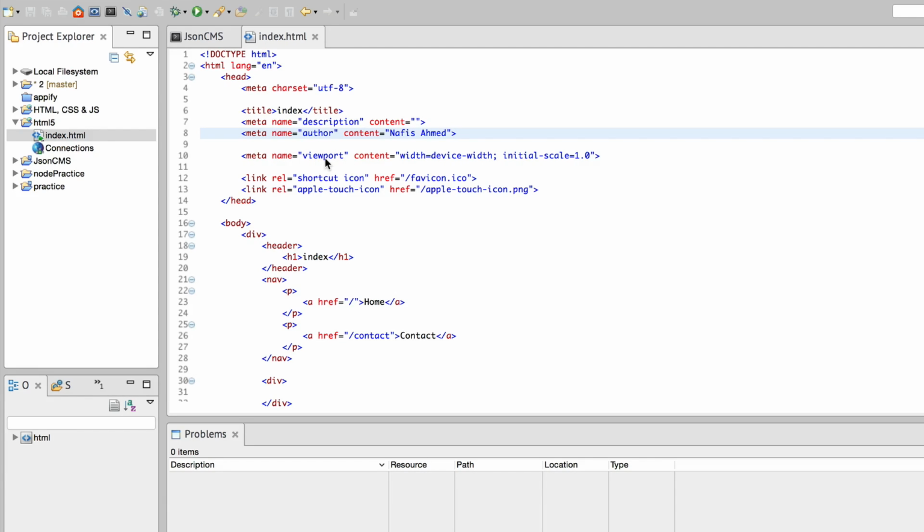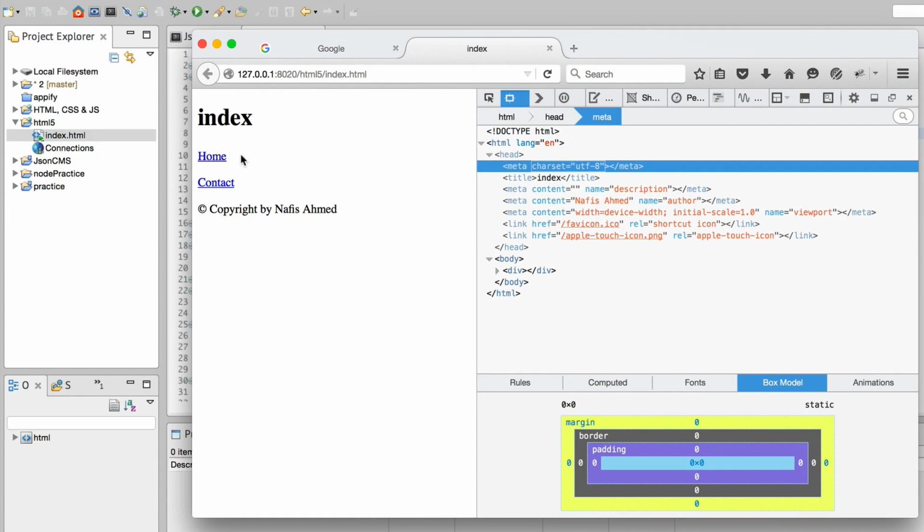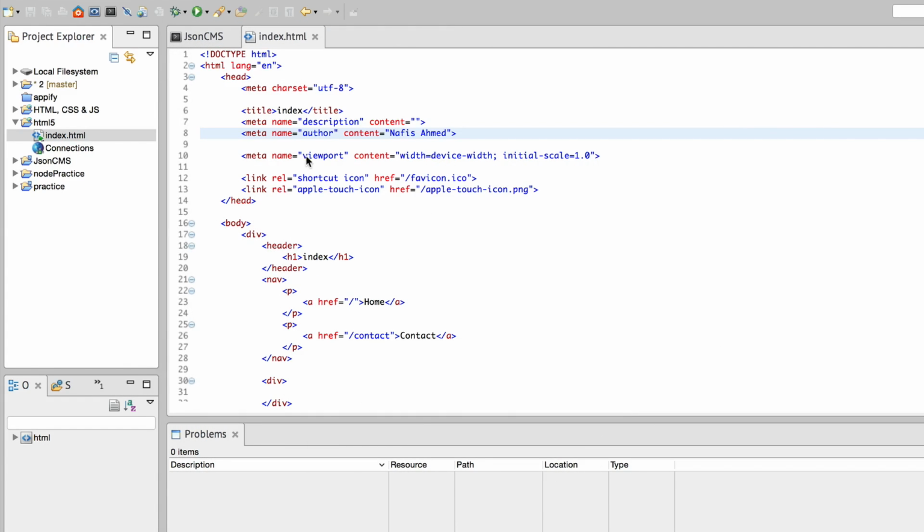Now the viewport is used if you want to make your website very responsive, which means if you want to make this website universal, or you want to design a website that will be viewed on a desktop, on a laptop, or on a small screen resolution like mobile phones or smartphones. If you want to design your website for tablets or iPads, then you will have to go for different screen sizes, different resolutions. So this viewport metadata is going to tell your crawlers, along with the browser,